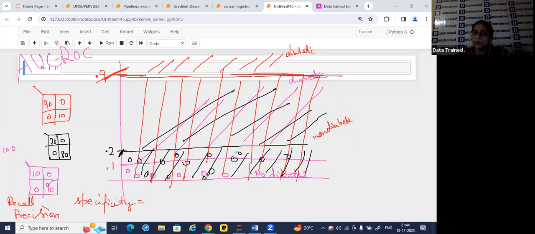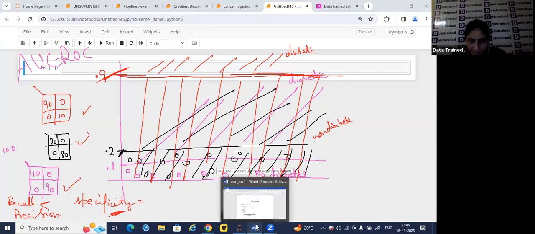These formulas also work just by taking the values from this confusion matrix, and these values also keep on changing as the values change internally. Okay. So by taking those values of recall and specificity,